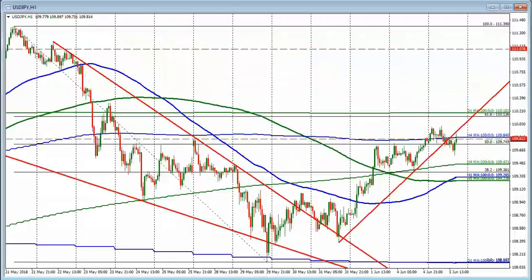Let's take a look at the dollar versus yen. The dollar versus yen had a move earlier today above the 200-bar moving average on the 4-hour chart. That's the blue line right here. We also moved above the 50% retracement of the move down from this high to this low. That should have been more bullish, and it was, sort of temporarily, but the price moved back down below that level in the London session, and has since moved back higher after the data at 10